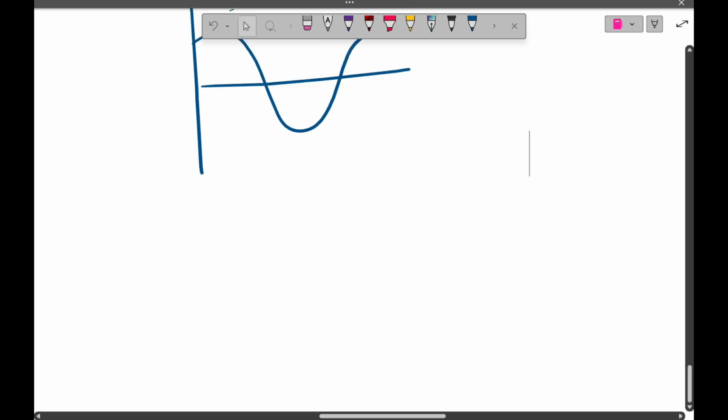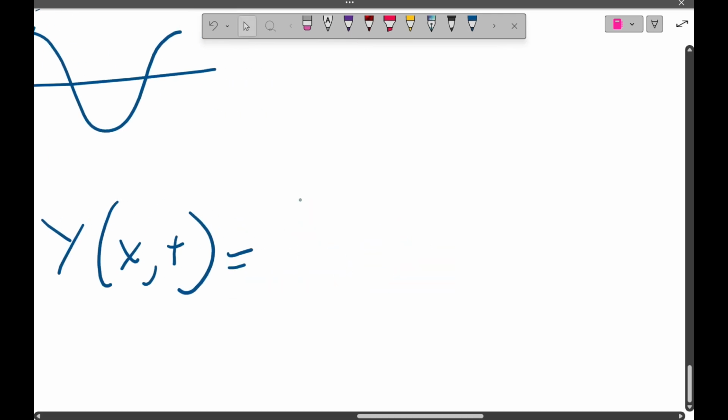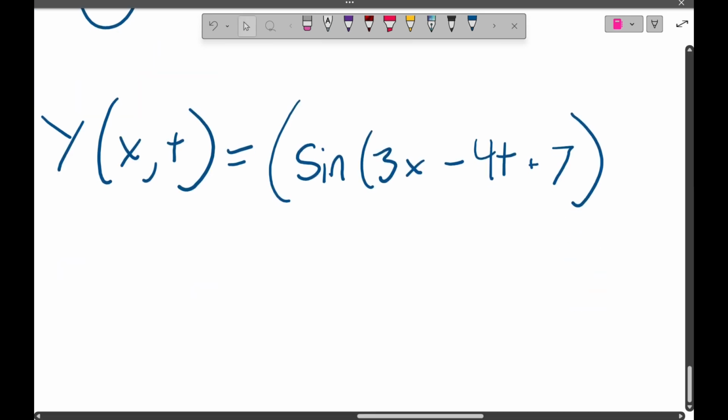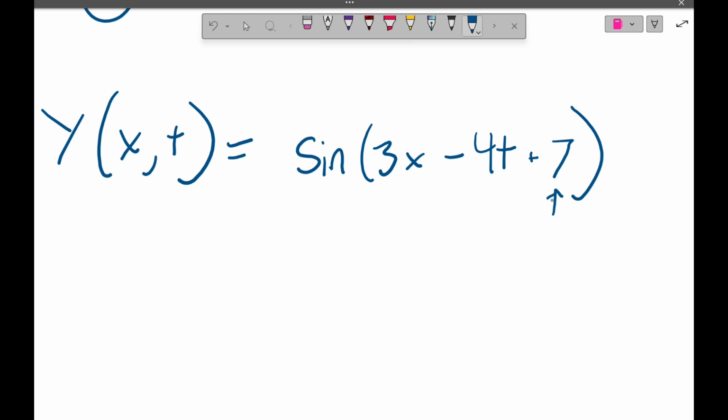That is physics 1 stuff. The partial derivative aspect of it is not scary, okay? I am literally just going to write something off the top of my head. So it's sine of 3x minus 4t plus 7. Okay, this is the function. I don't need this extra parenthesis, you'll have to ignore that. But I have this function where this is a really nasty phase constant because it's not in terms of pi,